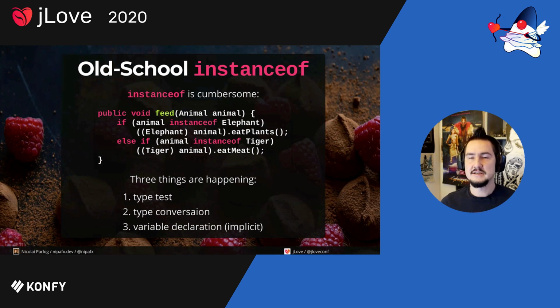And the idea behind pattern matching is specifically the pattern matching for instanceof that we get, because the existing instanceof is kind of cumbersome, right? So let's say you get an animal here that you have to feed, but it doesn't have an eat method, okay? So slight oversight on the designer of that interface, it doesn't have an eat method. So you cannot just call animal.eat. Now you have to figure out what kind of animal it is, so then you can eat plants or eat meat. So the canonical way to do that in Java is to use instanceof. You check, is animal an instance of elephant? And if it is,